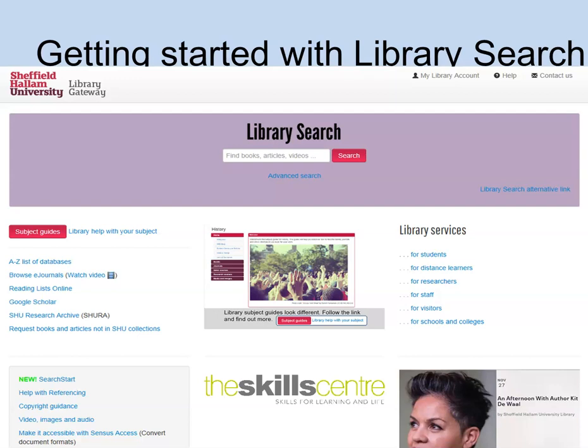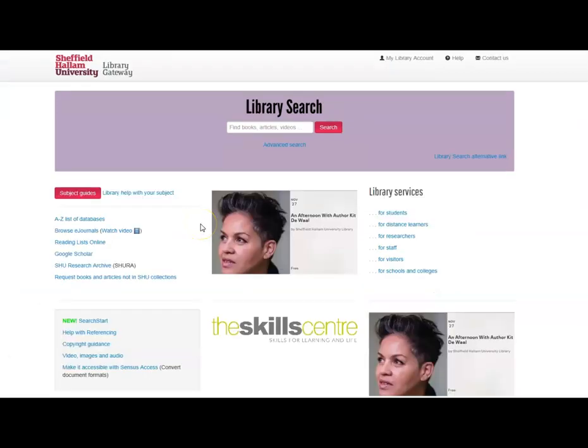In previous videos, we have looked at some advanced research techniques and where we need to be searching. Library search is your first port of call when you are looking for any information. Library search is where we can type in our keywords. In this example, we will look for items on